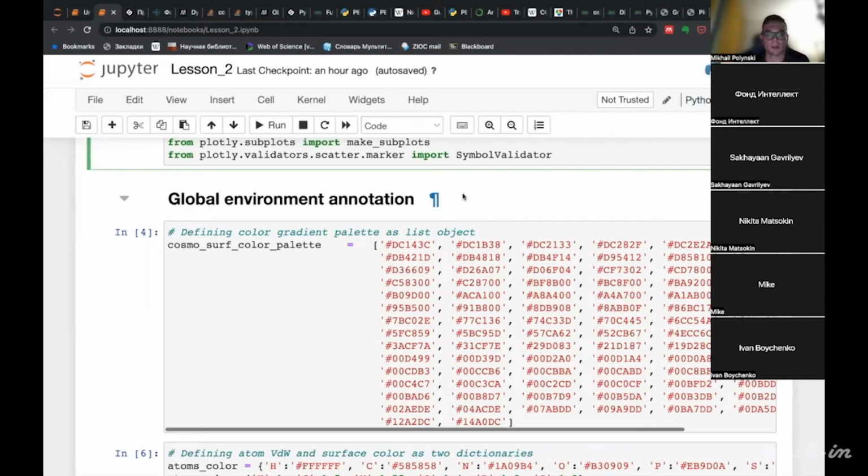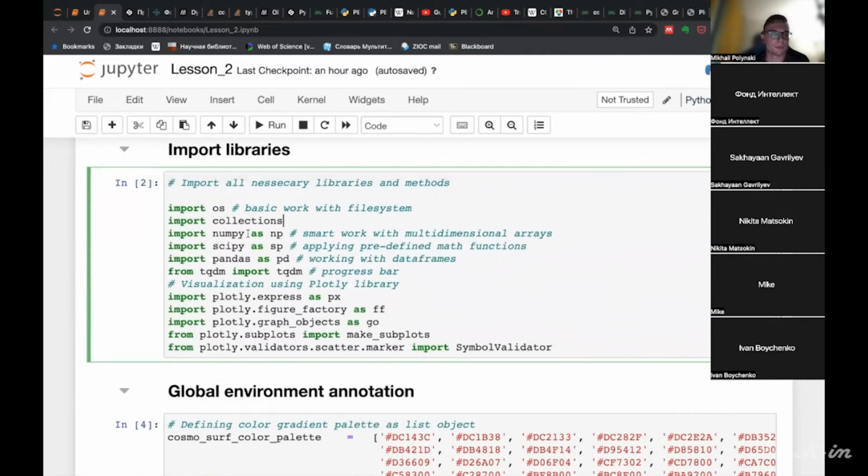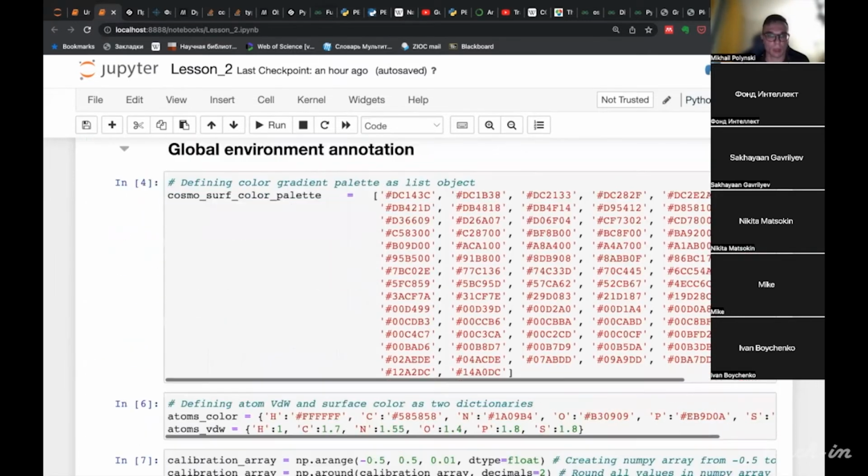I'll demonstrate how we can parse and analyze text files using Python. Often you will use the os library, the basic library for work with your file system. I will show you later how it's done.